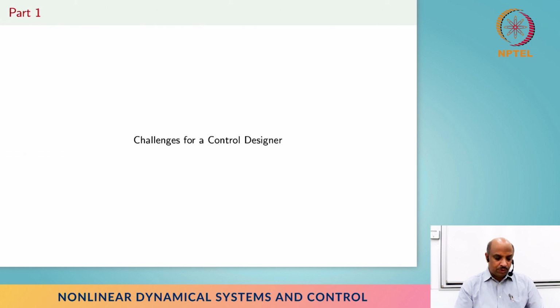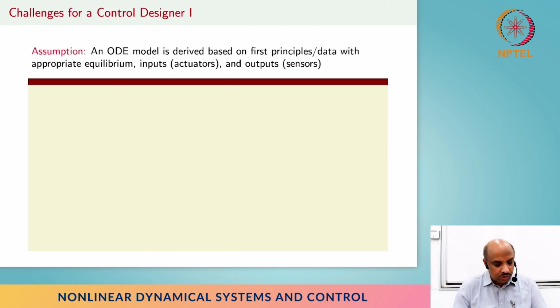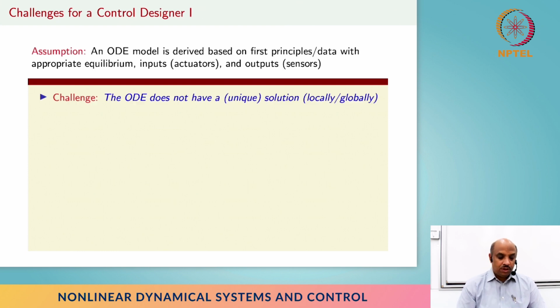So the part one is going to be what's the basic problem a control designer faces, right? So anyway, we will assume, this is a standard assumption throughout the course, that somebody gave this ODE model. It's probably based on first principles or data or however they got it, the ODE model is given. And it has an appropriate equilibrium that we want to control towards, and then it has right inputs and right outputs, right? And typically we may assume that every state can be controlled and measured, and there are sufficient number